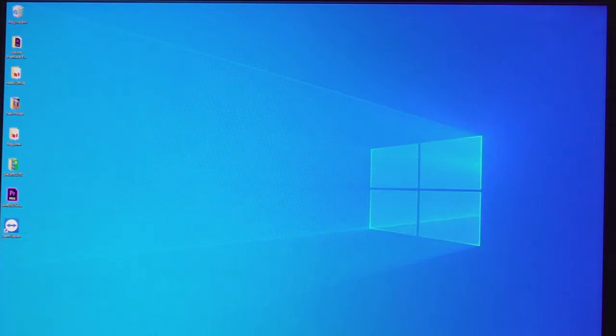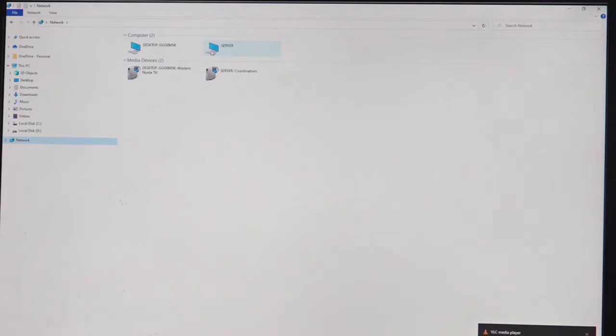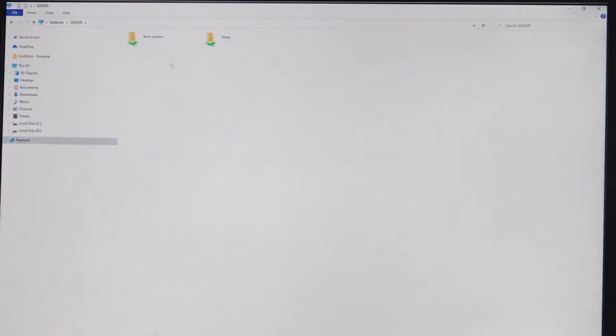You open your Windows Explorer, then under Networks, you identify a computer called server which is located on this network. You open it, then we have two folders. We have Ibms system and users. You open Ibms system, then you'll see our integrated broadcasting and management system named Ibms system. So you open it,